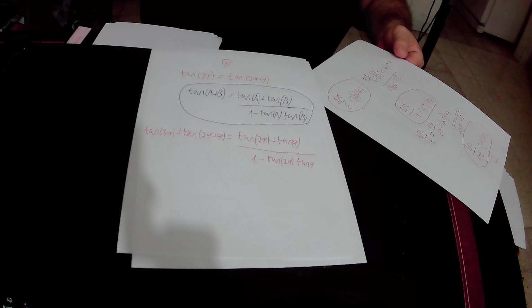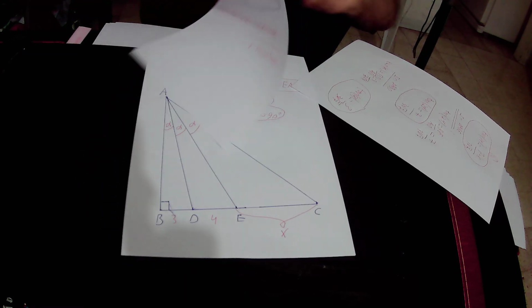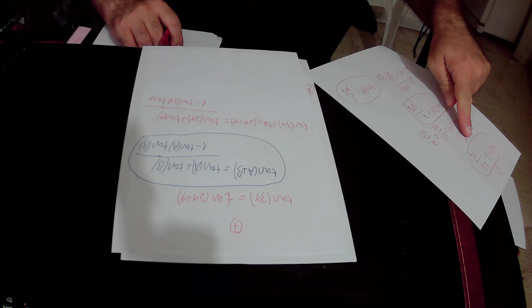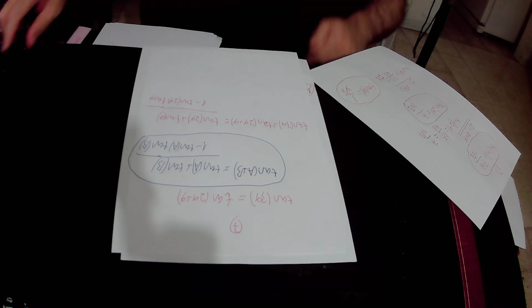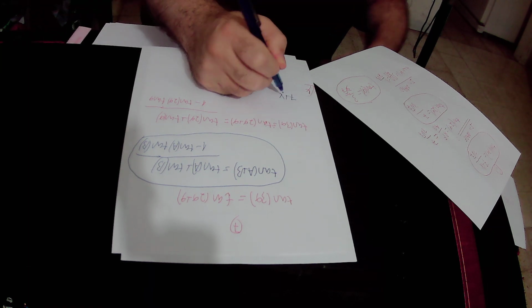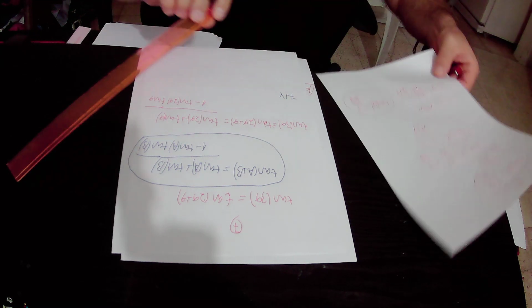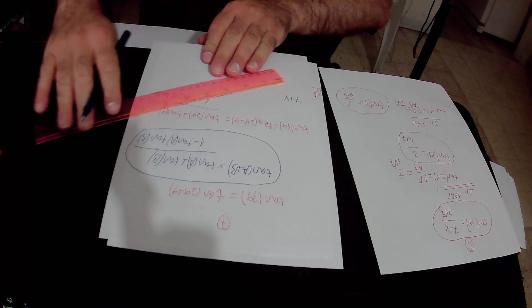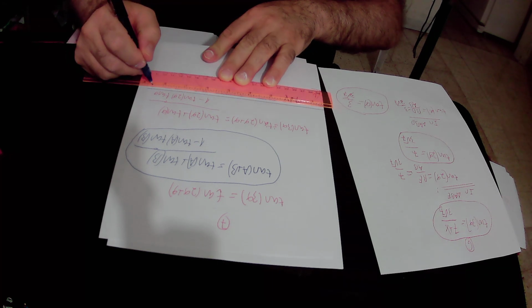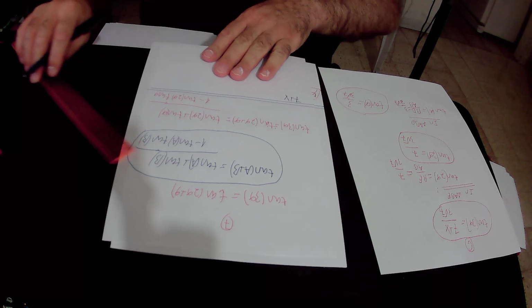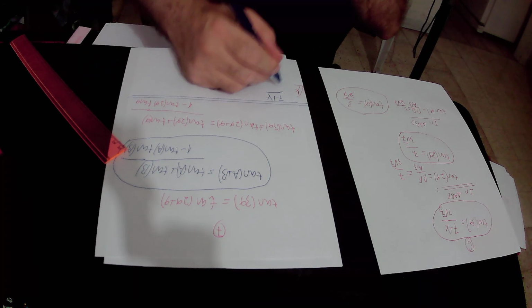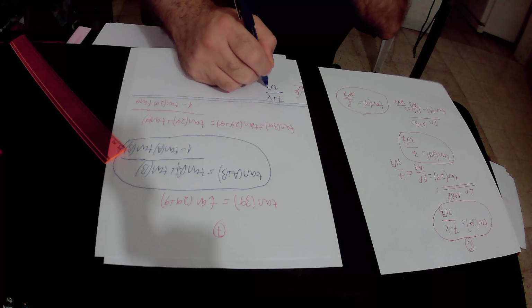Okay, so we will get that tangent 3 alpha, which is 7 plus x over 3 times root 7,